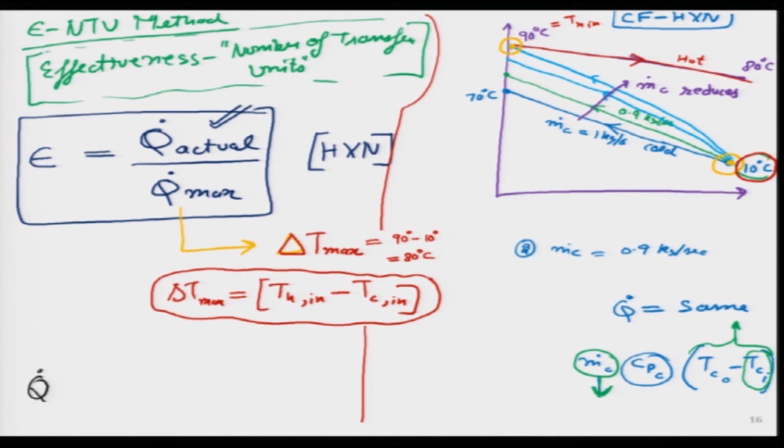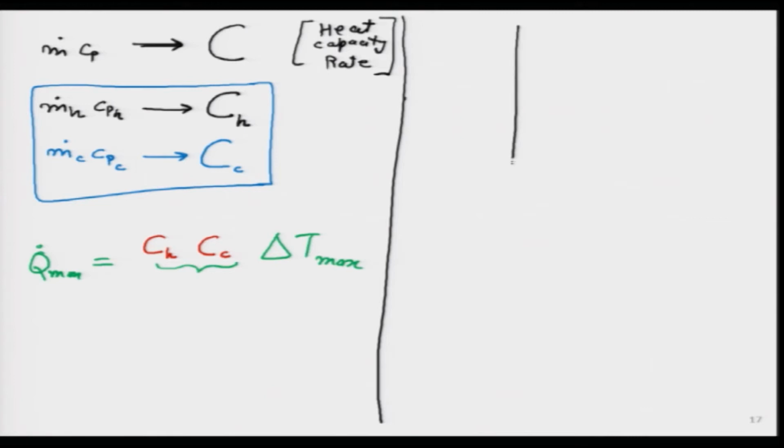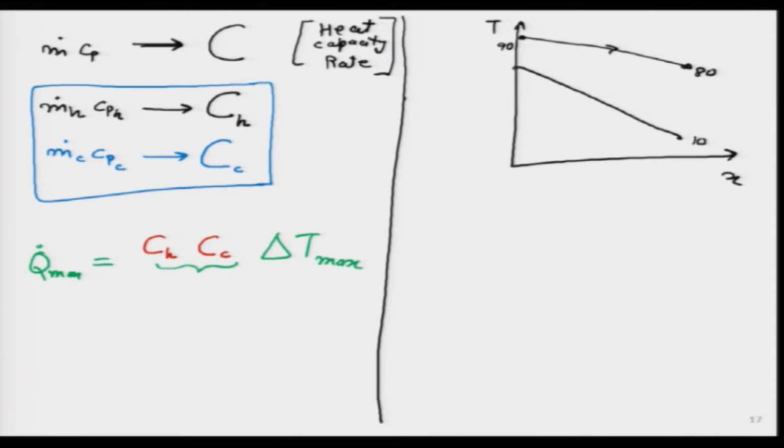How to figure it out? Okay. Let us do it over here. It is very simple and straightforward. So, if I can look at the delta T, maybe I will go back over here. What I am trying to do is figure out that if my hot fluid is going from 90 to 80 degree and my cold fluid is going from a very low temperature, let us say 10, to over here, which is 70 degree. So, this is the hot side clearly, this is the cold side.